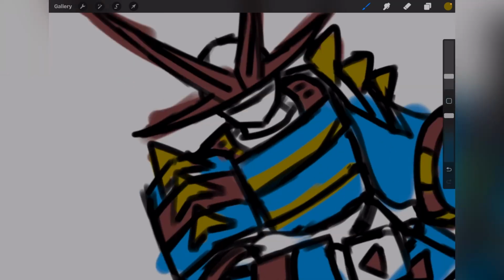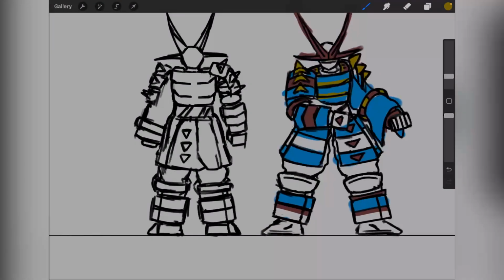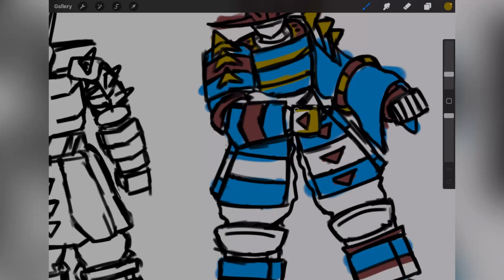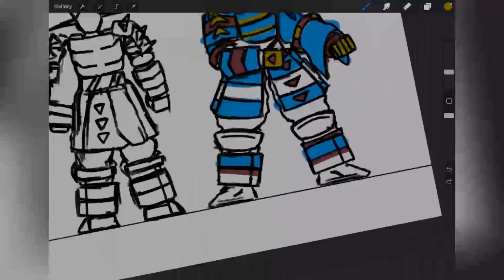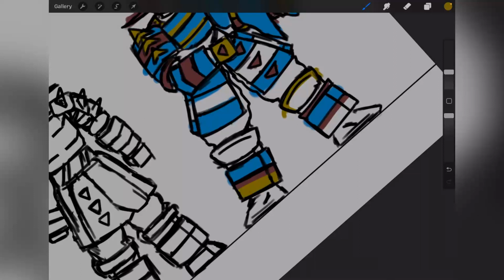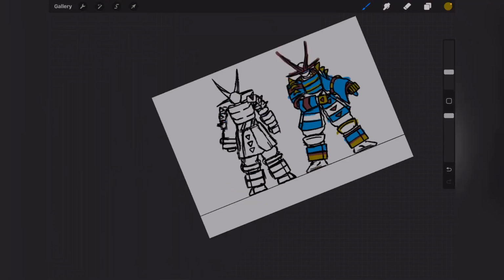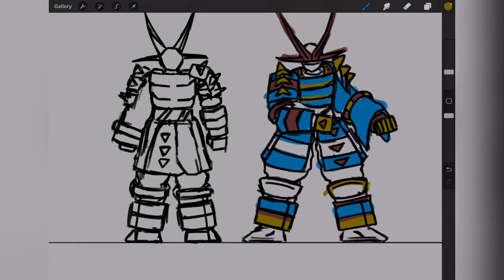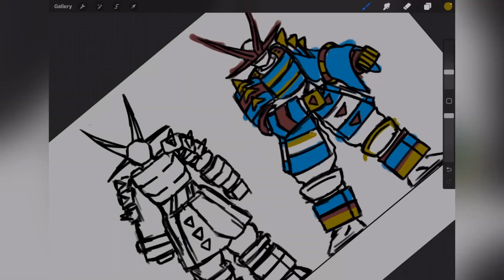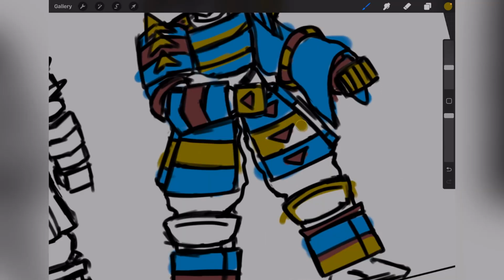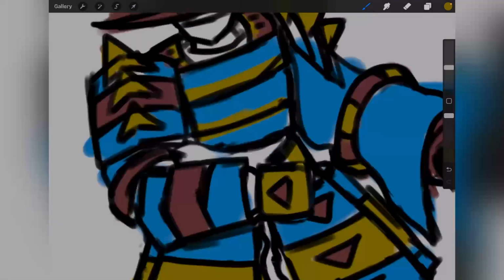You can even have yellow as part of some of the details. But notice how we were able to make this blue work with warm colors, even though blue is a cool color. Add some yellow here, and you can slowly see this starting to come together. Add some yellow there,